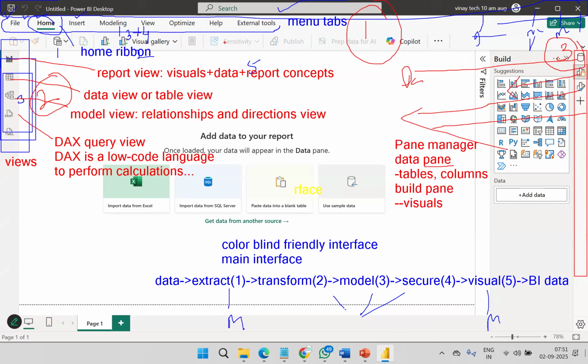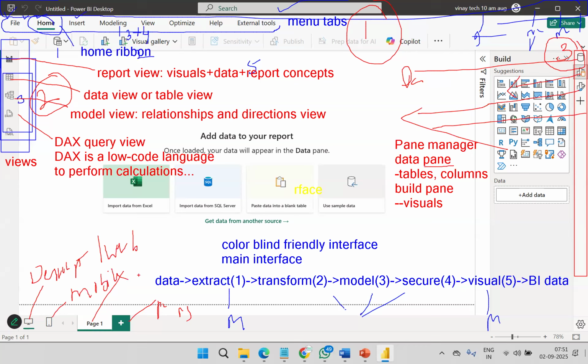So first area, menu tabs. Second area, views. Third area, pane manager options. And in this area, you will create pages. Page 1, click plus, page 2, page 3. And this is for a desktop or web suitable report, and this is for a mobile suitable report.